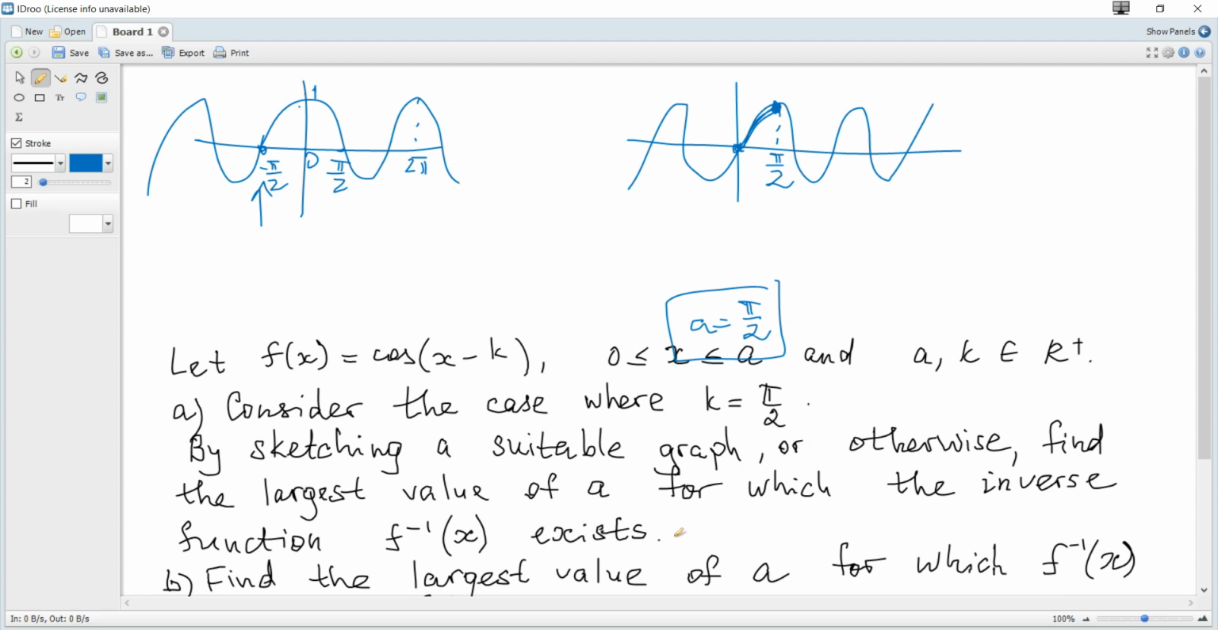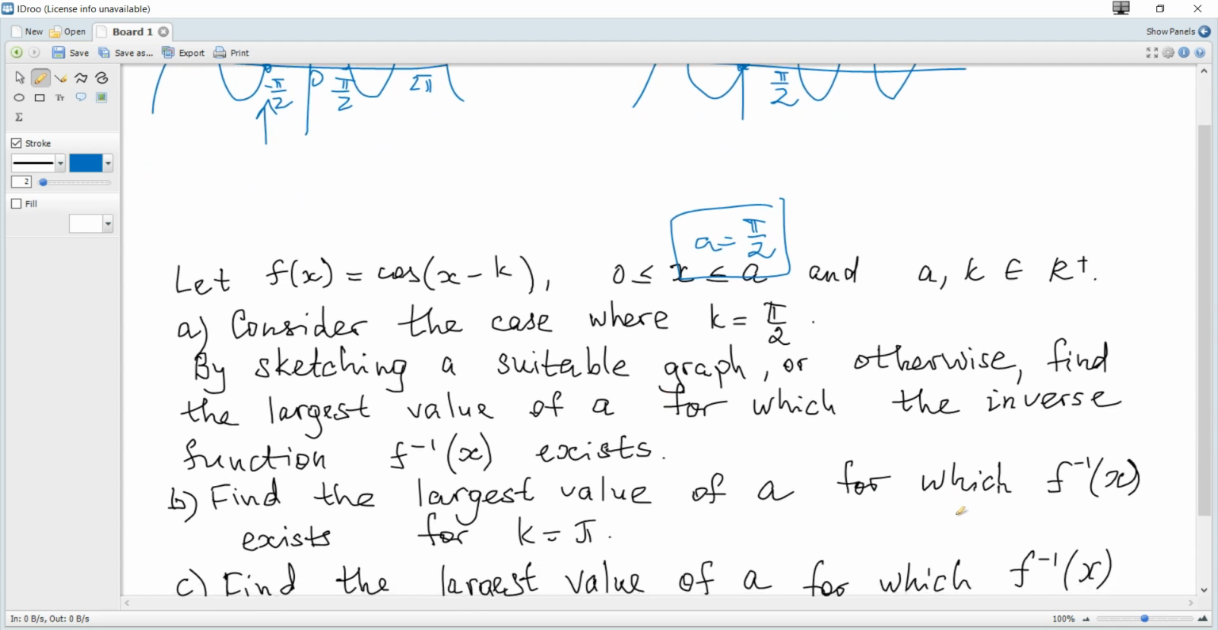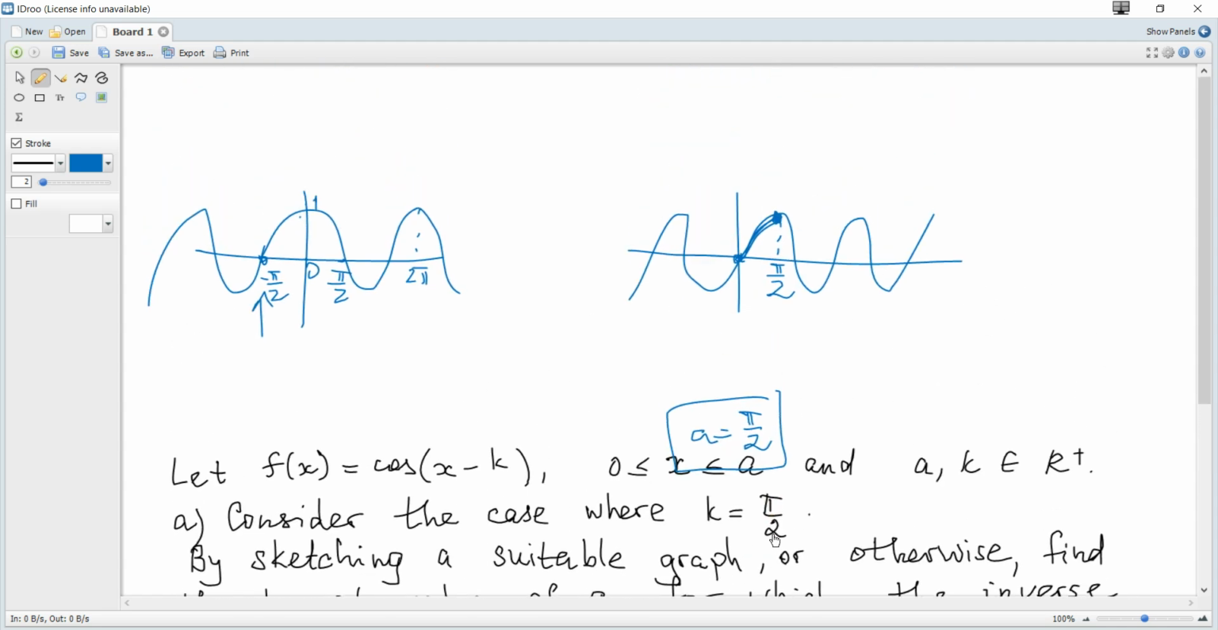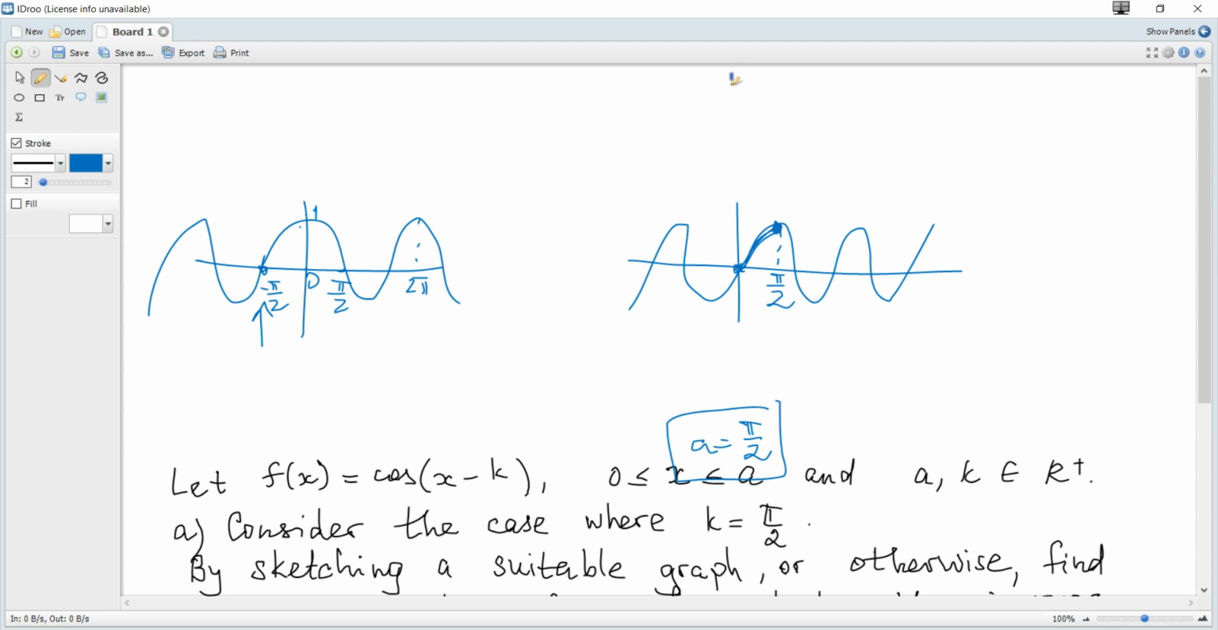The next, find the largest value of a for which the inverse exists. For k is pi, absolutely similarly, but now it will be translated pi units to the right. So this point is negative pi, 0. It will be here. It will be 0, 0 at origin, and y will be negative 1, because this point, negative pi, negative 1, is translated pi units to the right. It will be 0, negative 1 and usual